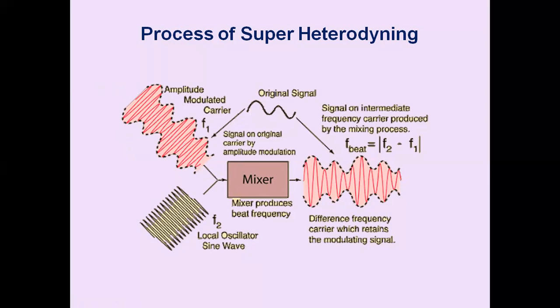Why do we need the heterodyne process? The disadvantages of the tuned radio frequency receiver are overcome by the superheterodyne. What are the disadvantages of the TRF receivers? The design of the RF amplifier is more difficult. Sensitivity is non-uniform. Selectivity is not good. There are variations in bandwidth over the entire tuning range. There is insufficient adjacent channel frequency rejection.